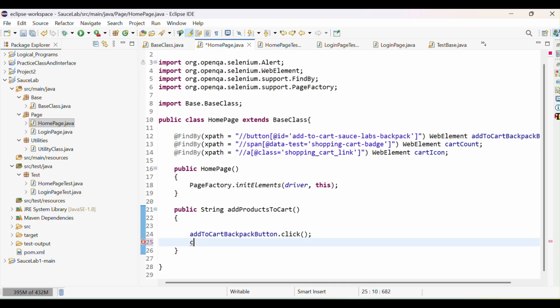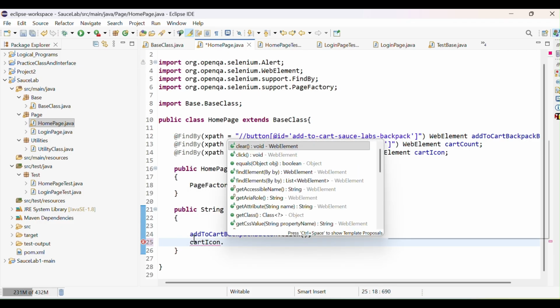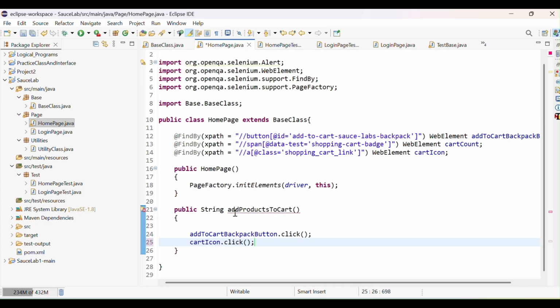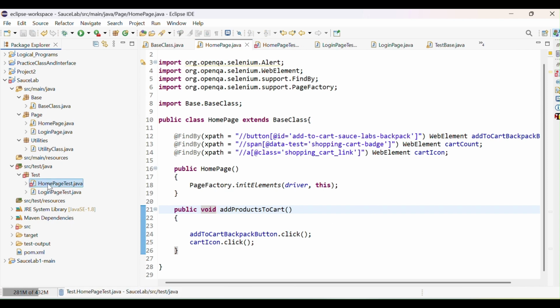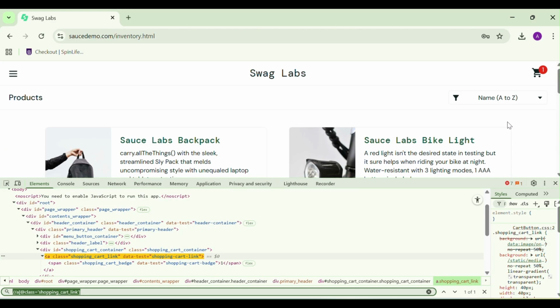We'll just remove the cart icon dot click, and we'll provide it as a void, and save this. And again in the home page test, we will not check now. We'll just call the method, and after calling, okay,